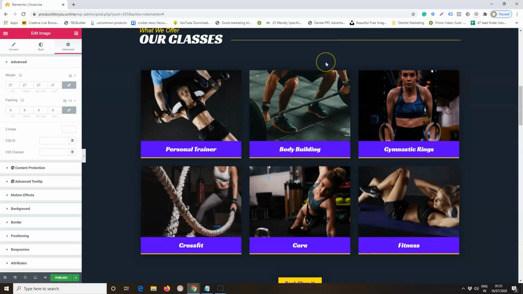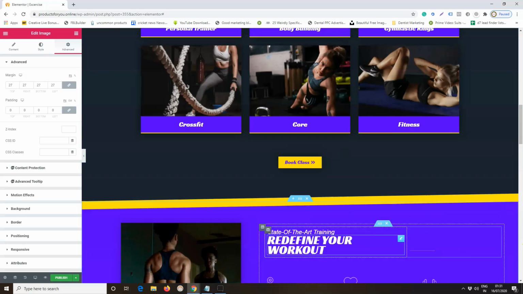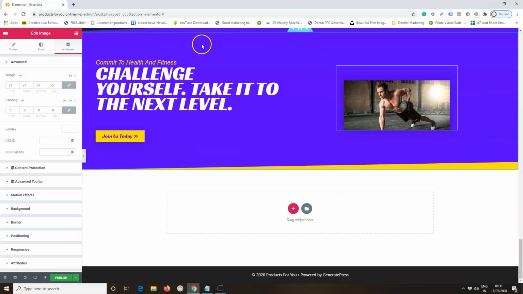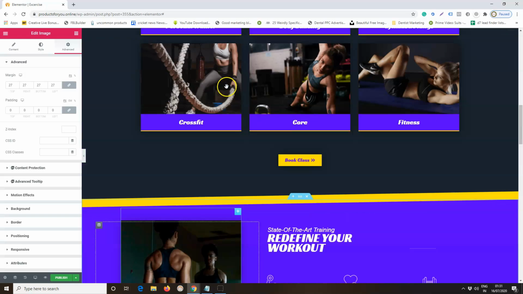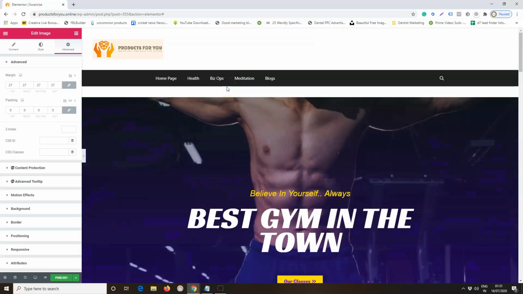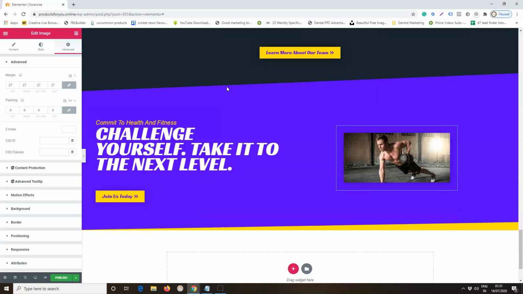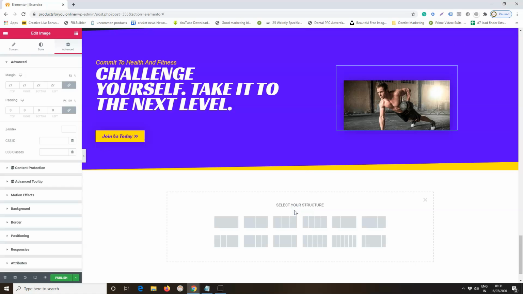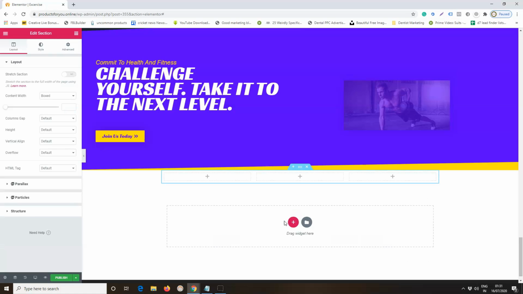It is gone. Okay, now let's say you want to add a few videos at the end. Okay, so the videos are currently not the part of this particular template. So what you can do is come here and add another section. Let's say I want to add 3 videos. Okay, so I will select this particular column. Now these are the 3 columns that are created, and I want to include videos in that.